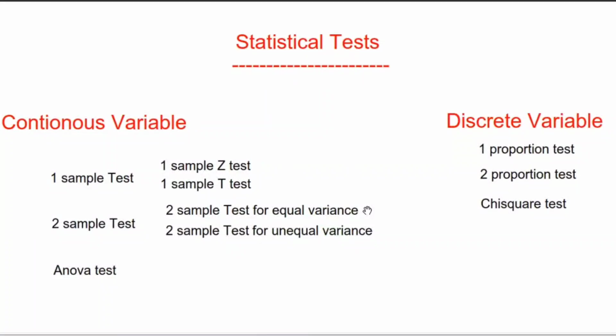Let's start the session. In the last class, we discussed the statistical tests with respect to both continuous variables and discrete variables. The statistical tests for continuous variables are: one sample z test, one sample t test, two sample test for equal variance,